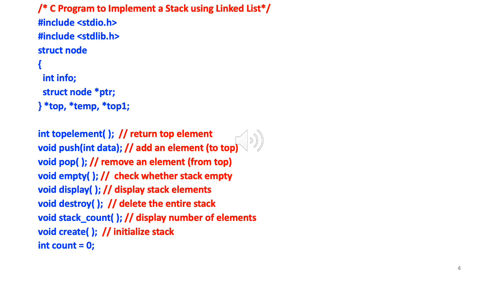So each node, what information will it have? Again, same as before, int info, right? Integer, and a struct node star pointer. So of course this is similar to next, and this is meant to point to the next element of the stack. So note that the way that the stack will grow and shrink will be a bit different here. So we have to focus on that part.